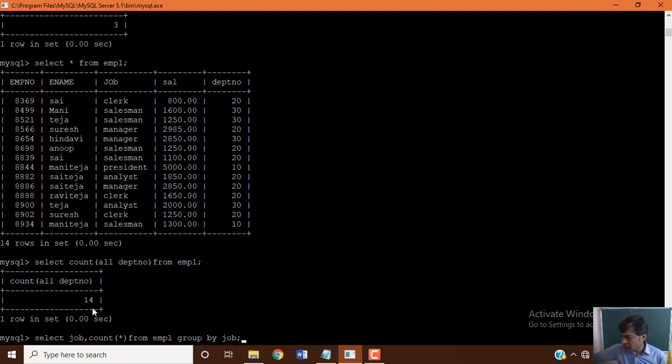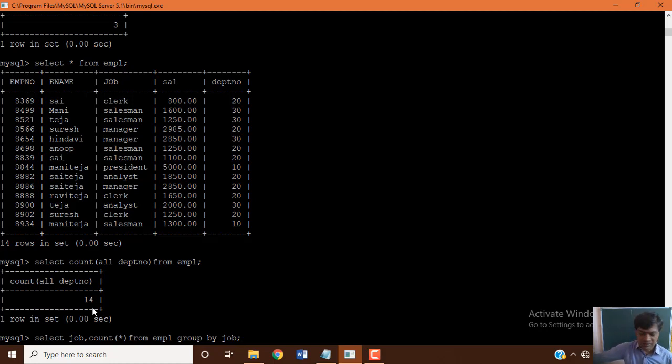Grouping can be done by a column name or with aggregate functions, in which case the aggregate function produces a value for each group. Okay, so that is how the group by clause works.